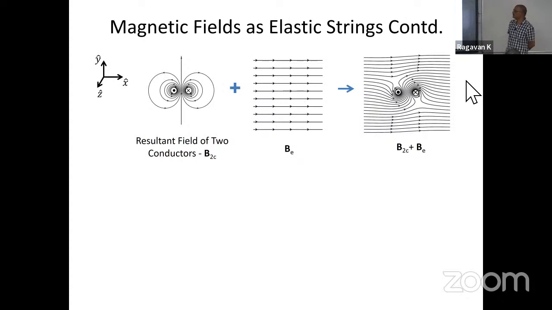If anyone has a doubt, you can think about the left hand side first figure: there is a straight line in between, and there are some circles that are pushed onto that wall and trying to come out. In that way, you can perceive that these two conductors want to move away from each other. Now, that kind of conductor pair is kept in a uniform field. So this is the resultant field. What kind of forces are you able to see here?